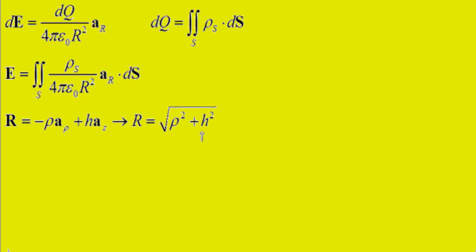And consequently, our magnitude, I'm just going to write it as non-bold r, is going to be the square root, by the Pythagorean theorem, of rho squared plus h squared. So if we have a sub r over r squared, that's going to be this over here divided by this, and